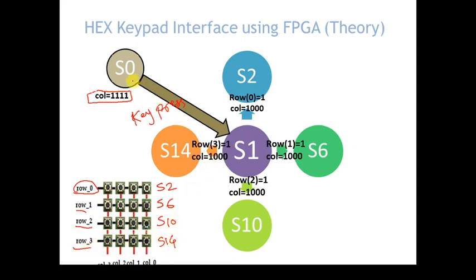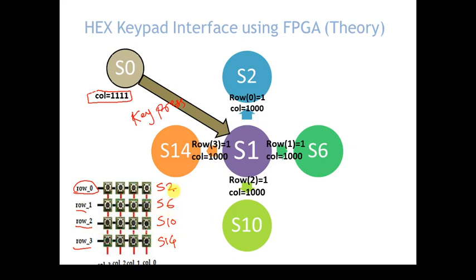So initially in S0 state, column values are 1. If one of the keys from one of the rows, maybe it may be row 0, row 1, row 2 or row 3, is pressed, we have to switch to the particular state. So for example, S2 state for row 0, S6 state for row 1, S10 state for row 2 and S14 state for the